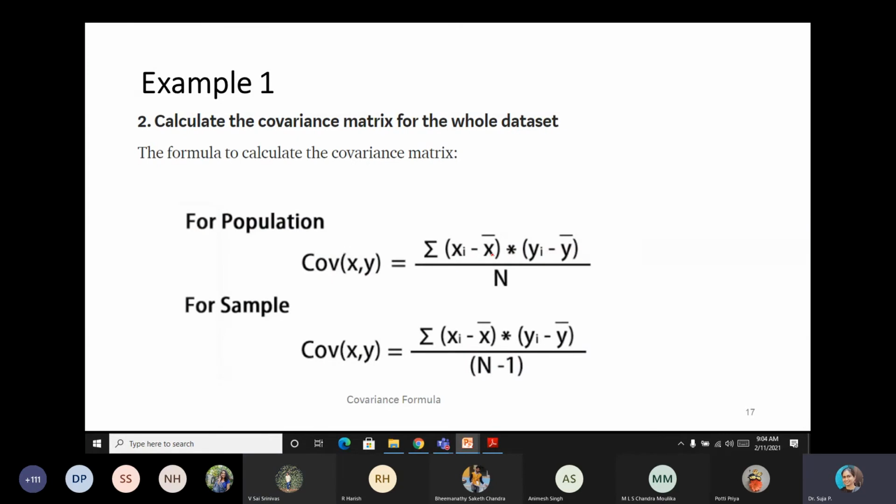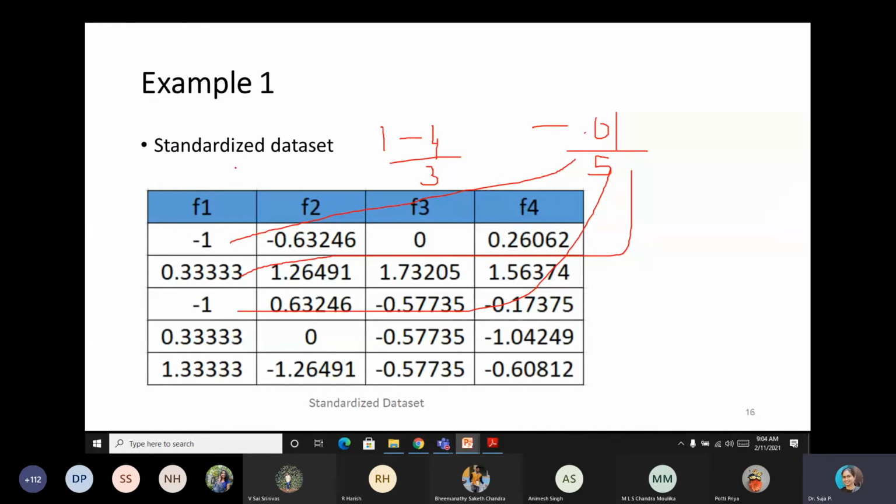It is xi minus x bar into yi minus y bar for every element, so there is a summation divided by 5. Now let us assume this as x and this as y. For the y, the mean is 0 because the values get cancelled with each other. Whereas if you calculate the mean of x, it is giving a value minus 0.01 by 5. That is actually minus 2 into 10 power minus 3. Okay, this value.